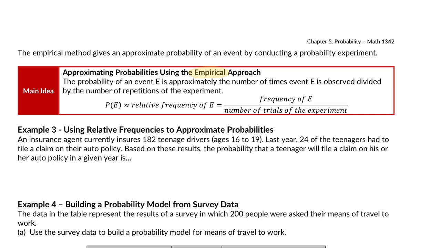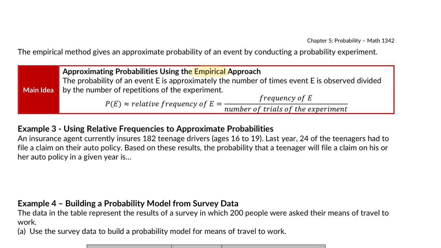We were looking empirically, actually running the experiment, to see what we would get each time we flipped the coin. So our probability of E is the relative frequency of E, meaning the frequency of E divided by the total number of trials of the experiment. So if I got heads 5 times and I flipped the coin 7 times, this would be 5 out of 7. So out of 7 trials, I got heads 5 times. That's the sort of thing we're doing here.